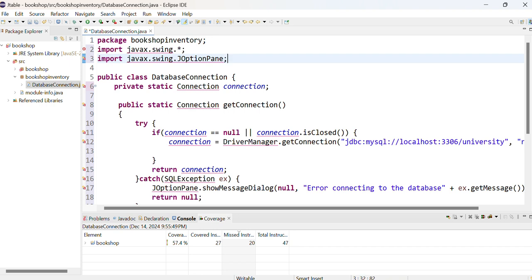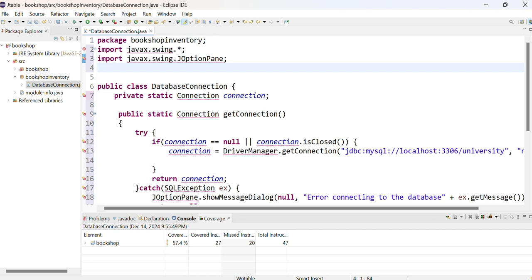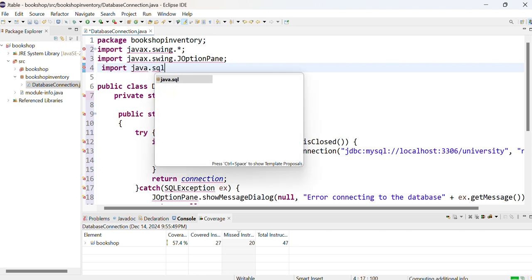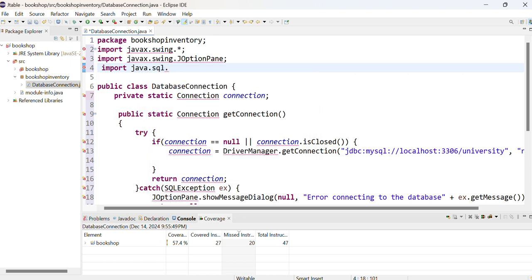Oh sorry, it should be pane, not panel. And another thing that we need to import is java.sql.*;